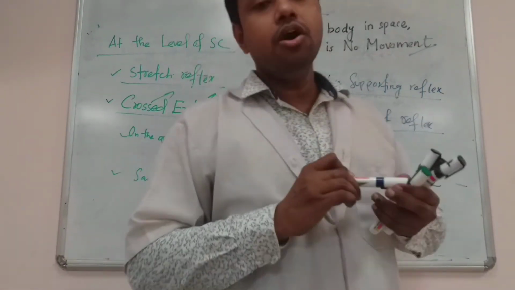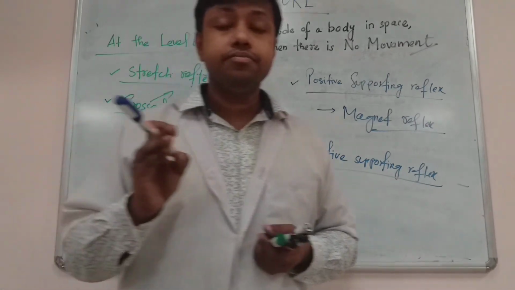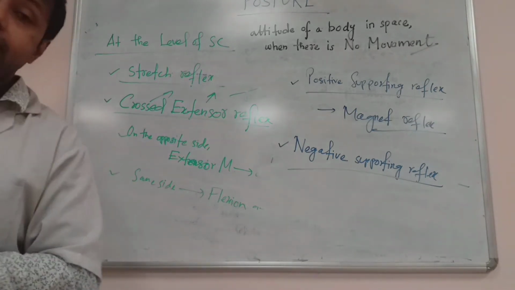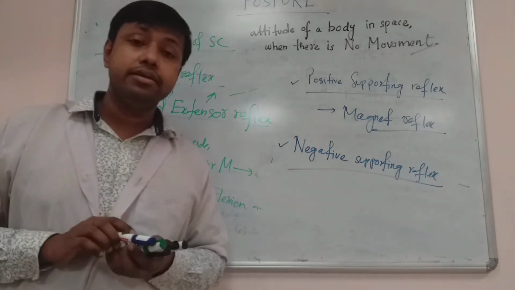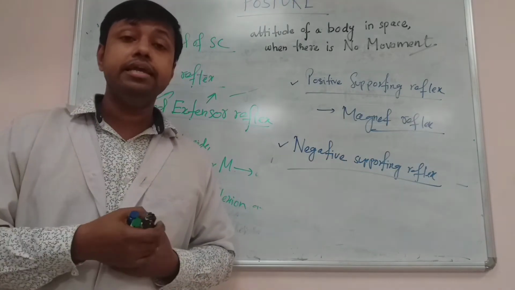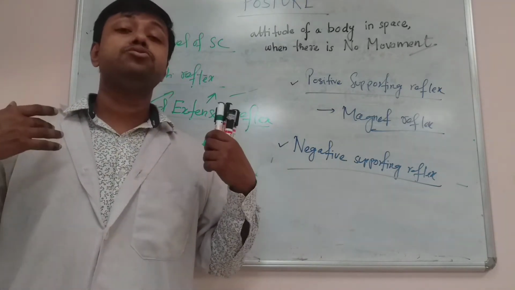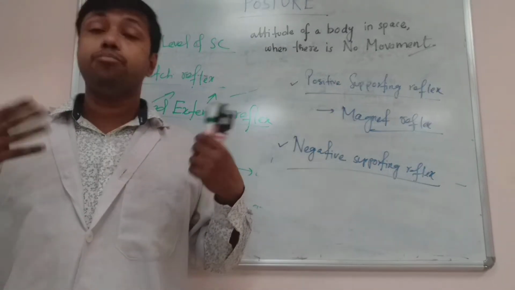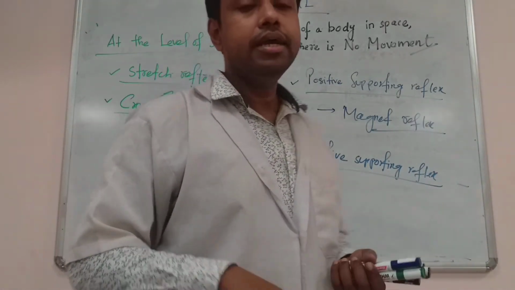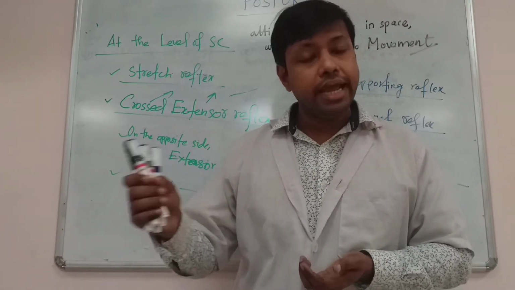So we can see that all the structures, that is cerebral cortex, medulla, spinal cord, and midbrain, all these structures play an important role in maintenance of the posture of a particular individual by helping the muscles to contract accordingly in response to the various stretch receptors, or pressure receptors, or the vestibular apparatus, or the proprioceptors of the neck muscles. It will help in contraction of various muscles of various parts of the body and help in maintenance of a particular posture in the individual or animal.